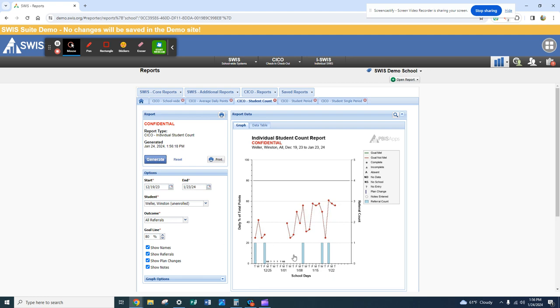Okay, so he has a lot of referrals. On this side is where the referral count is. He doesn't have 20 referrals. He's got 1 on each of these days. So he's still getting referrals, and even though he's on the upswing, he's really struggling to reach his goal. So we're going to